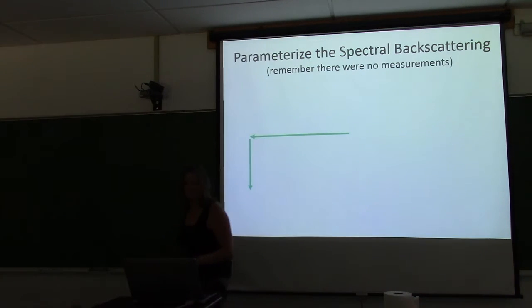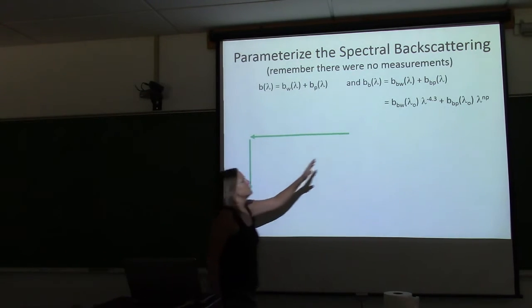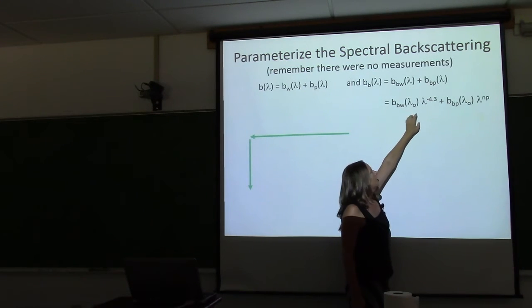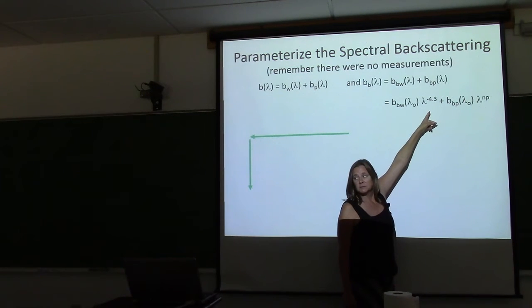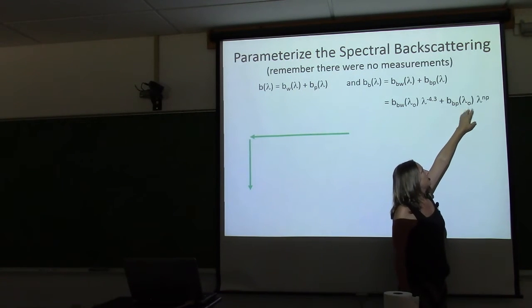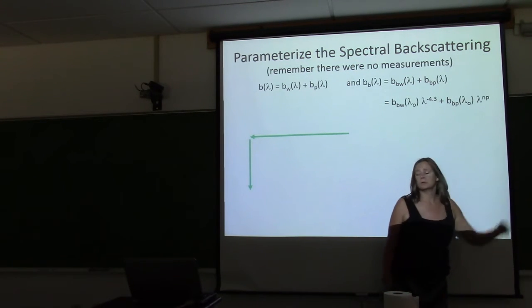And so here we go. So scattering could be separated into water and particle contributions, right? We all know that. And therefore, backscattering can be separated into the two contributions to backscattering. Well, what they knew from Morel's work was that the spectral dependence of water backscattering is pretty steep. Right? It's a minus 4.3 slope. And that the particle backscattering also is going to have some slope to it. It will have its own